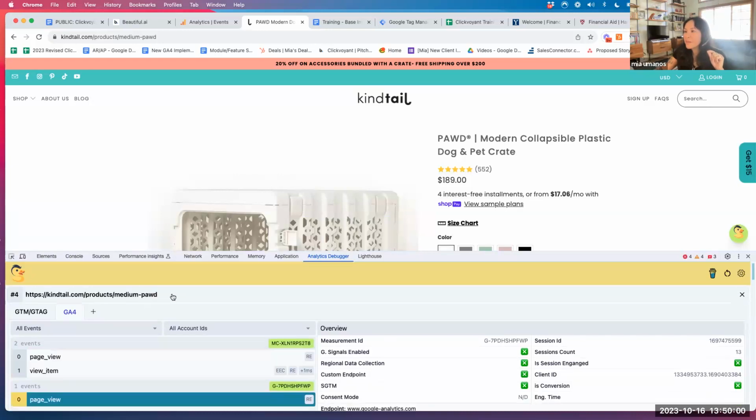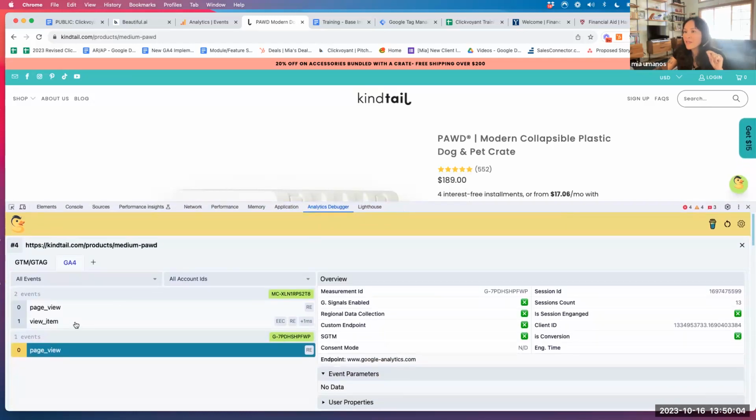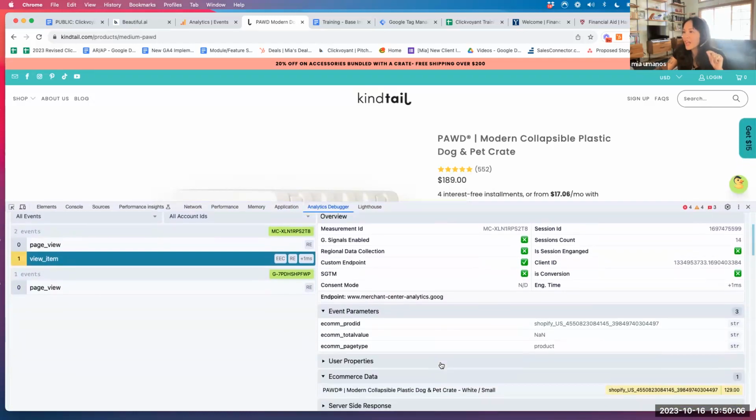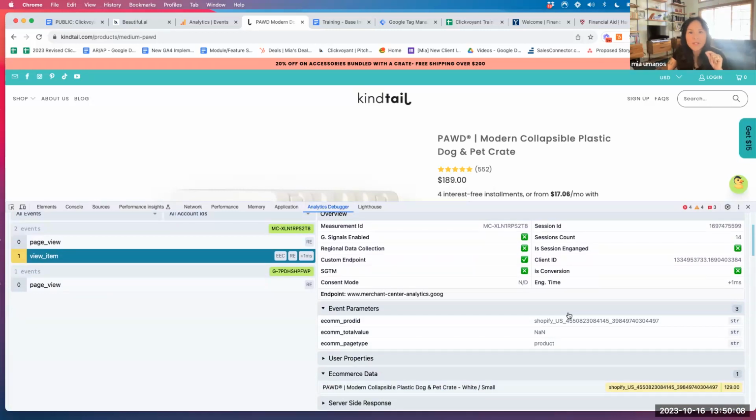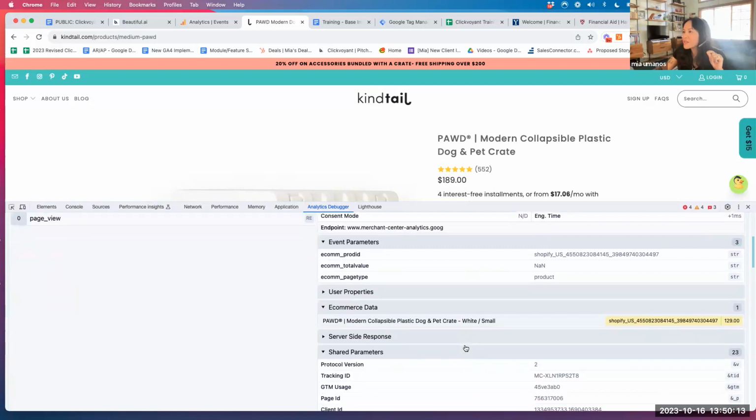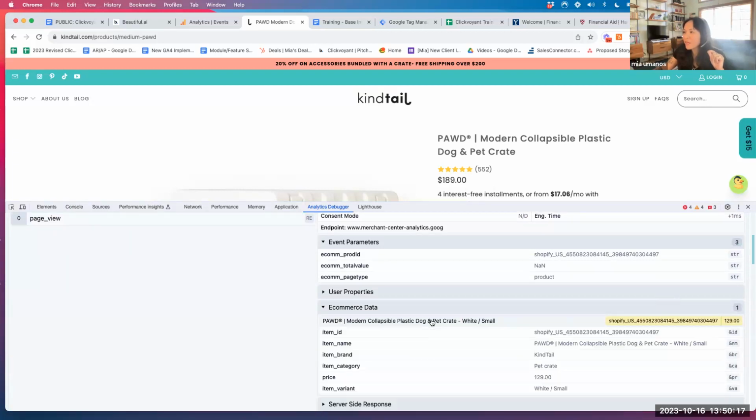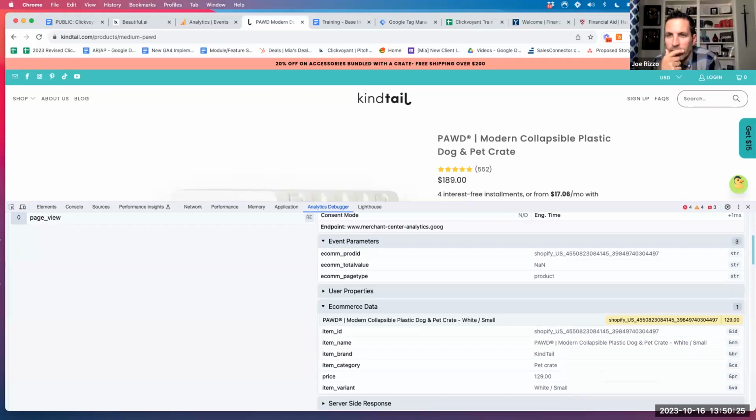I'm looking at the medium pod product. Now I can see that there is a view item here. Now I've got some e-commerce event parameters that are populated there by Shopify. I also see some e-commerce data here that is also populated by Shopify. What is the name of the item? What is the brand? What is the price? What is the item variant? So a lot of these,